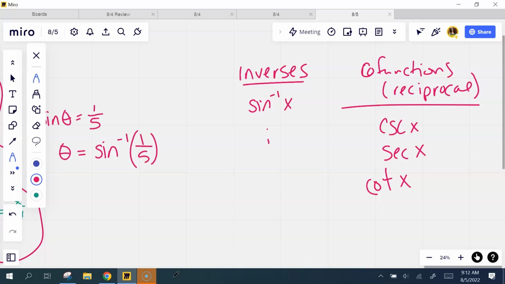I'm going to stop there because I'm going to give you some trig functions. I've already given you the parent graphs. Make sure you have